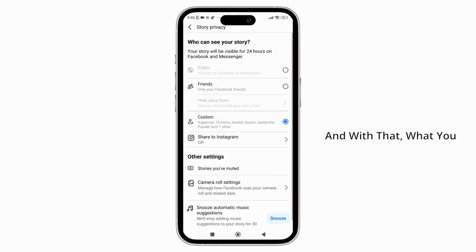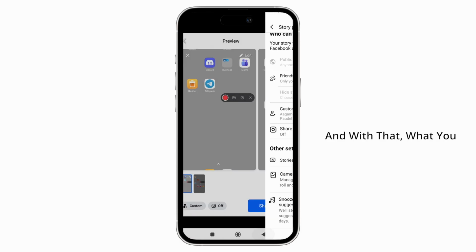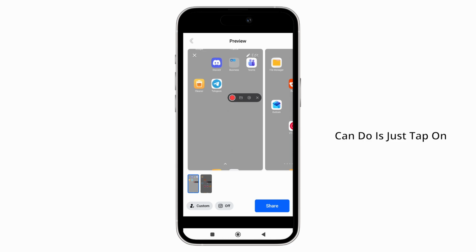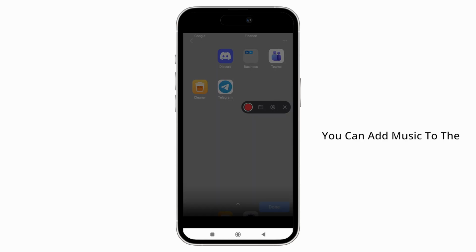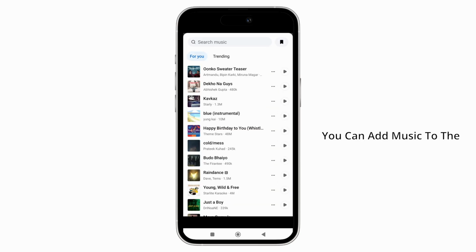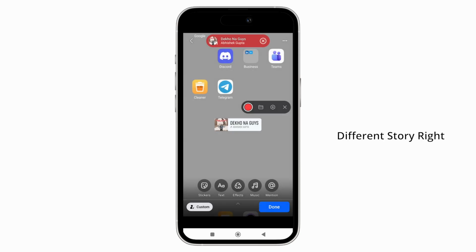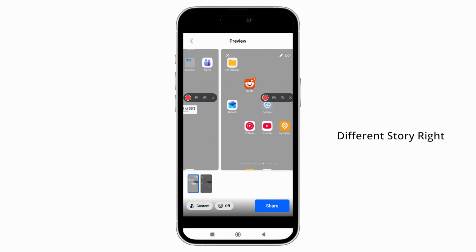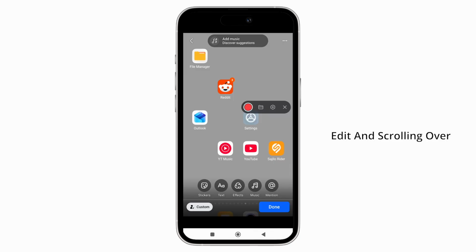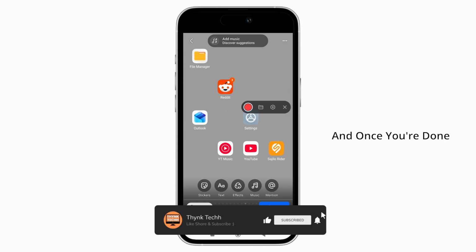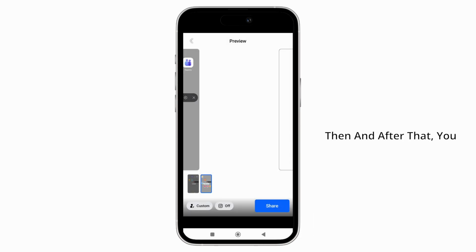And with that, what you can do is just tap on the edit option, and there you can add music to the different stories right here by just tapping on edit and scrolling over to the different pages of the stories that you have added. And once you're done with that, then what you can do is just tap on done, and after that